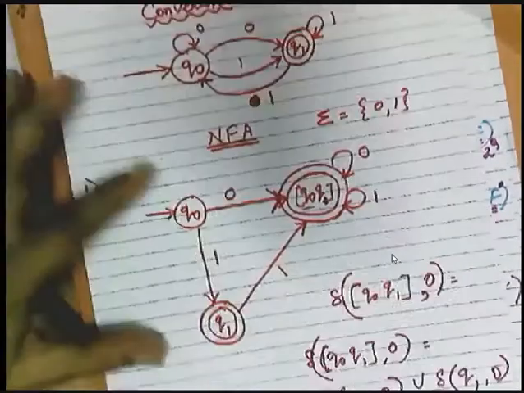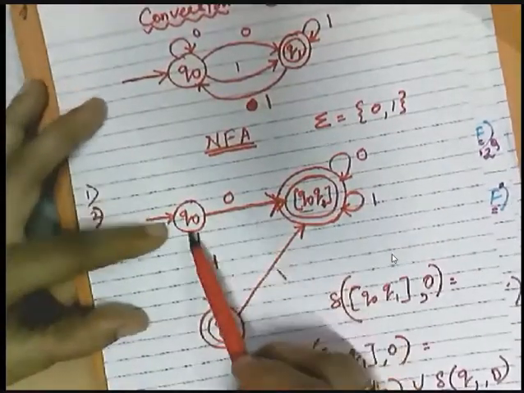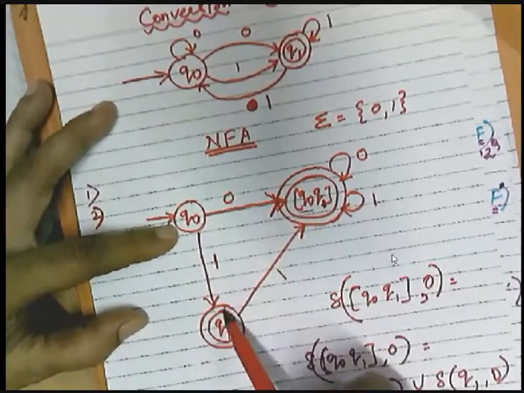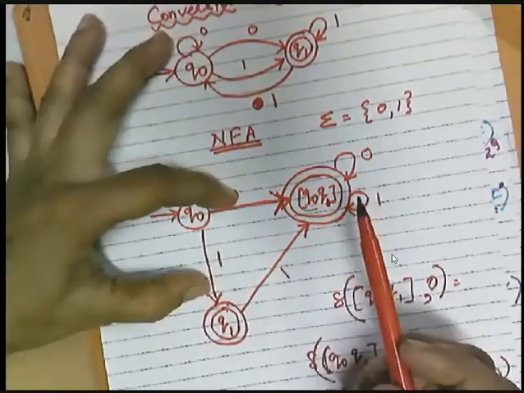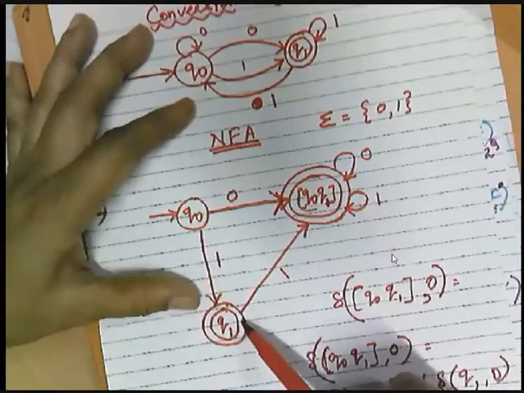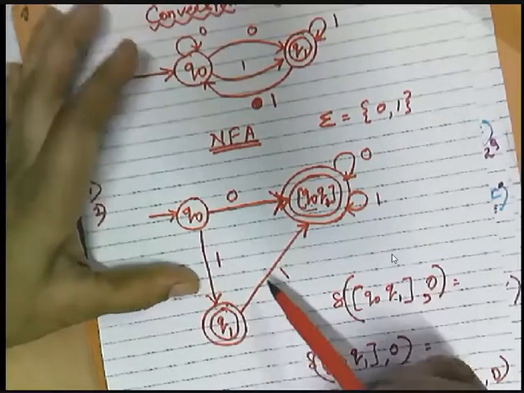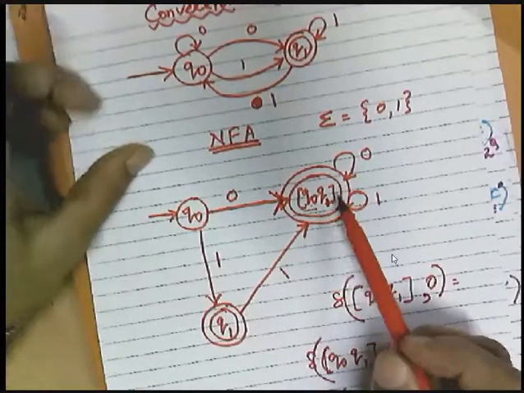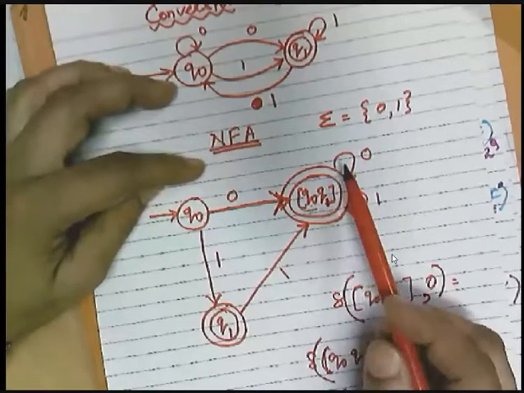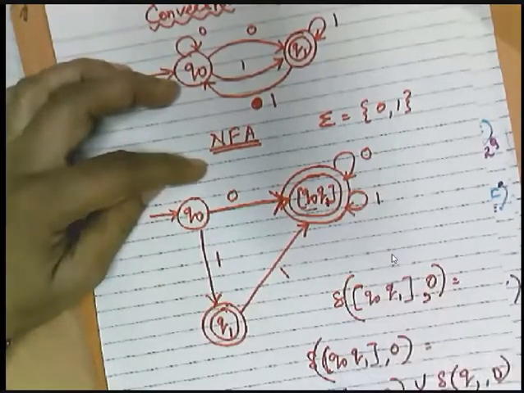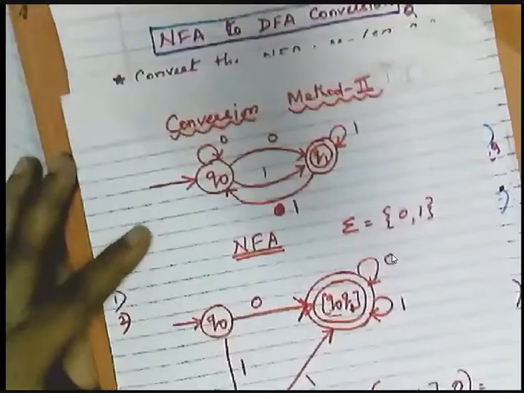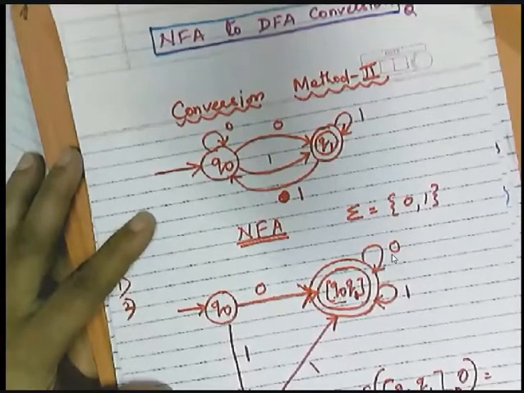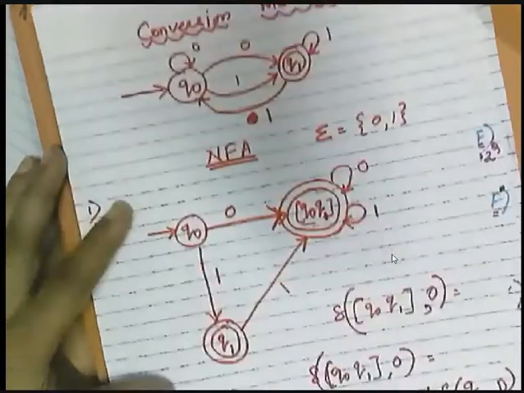So in this way we will get a DFA. Is it a DFA? Yes, for every state, with a single symbol you are moving to a single state. On 0, on 1, only two outgoing transitions. Similarly Q1: on 0 there is no transition, but Q1 on 1 moves to a single state, and Q0, Q1 on 0 moves to a single state and on 1 moves to a single state. So this is a very simple, easy method to convert the given NFA to DFA. I hope you have understood it.